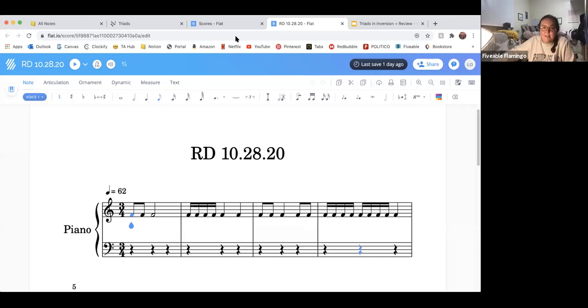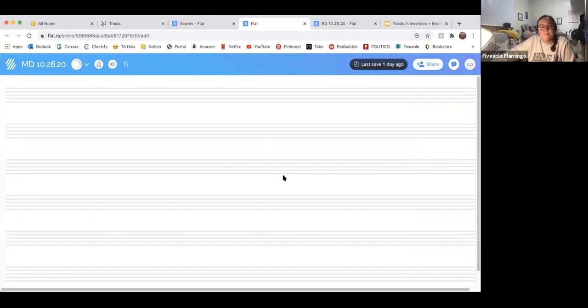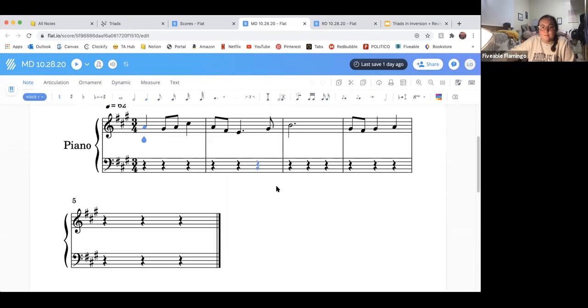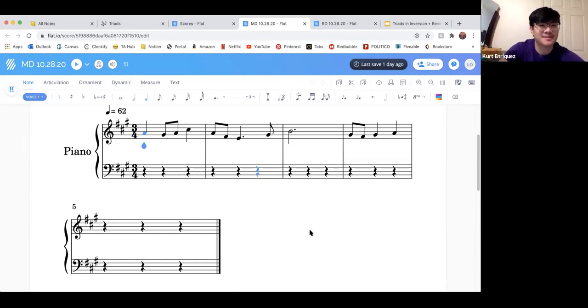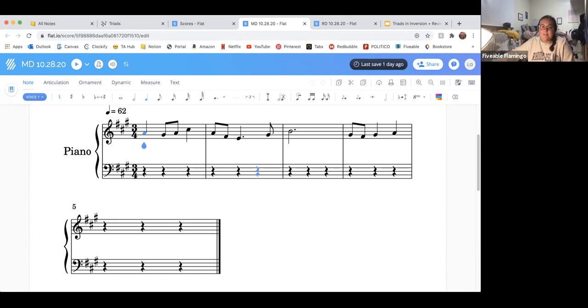This is still the rhythmic dictation, so hold on. There we are. Feeling okay about this one? No thoughts, no emotions, head empty. I still think it's kind of hard to place the notes. Okay. Yeah, I mean,